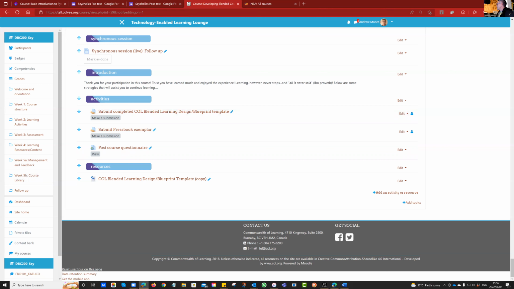Shauna has asked me, is the PDF version of the Pressbook enough to submit? Yes. You can give me a PDF, because then I don't have to worry about trying to find an app to open it. PDF is fine. It looks the same. Obviously it's not online. It's a document, but at least I can see what you attempted and what it looks like. So PDF is cool. All right. Any other queries, questions yet?